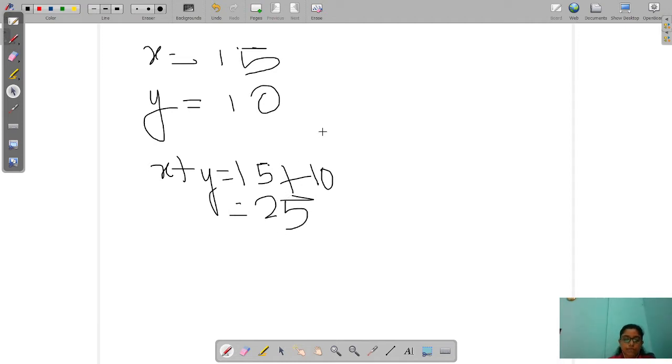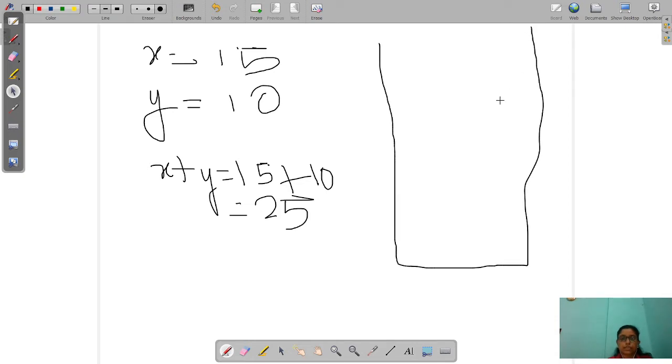So if I discuss this code, if you write it in the computer memory or RAM, the first integer is x and the value of x is 15. Our second integer is y and the value of y is 10.